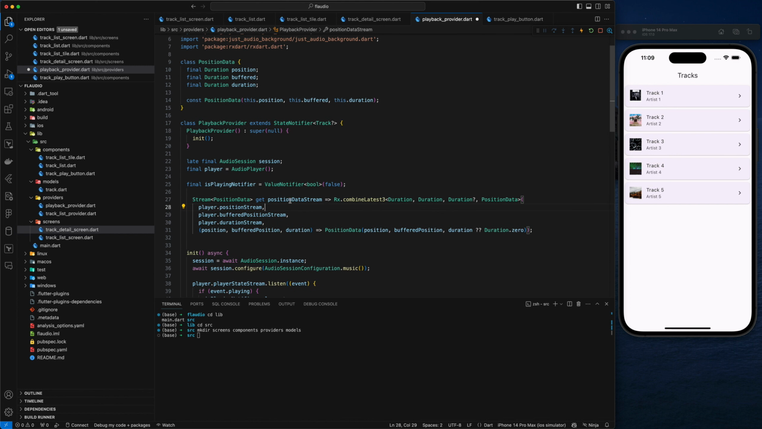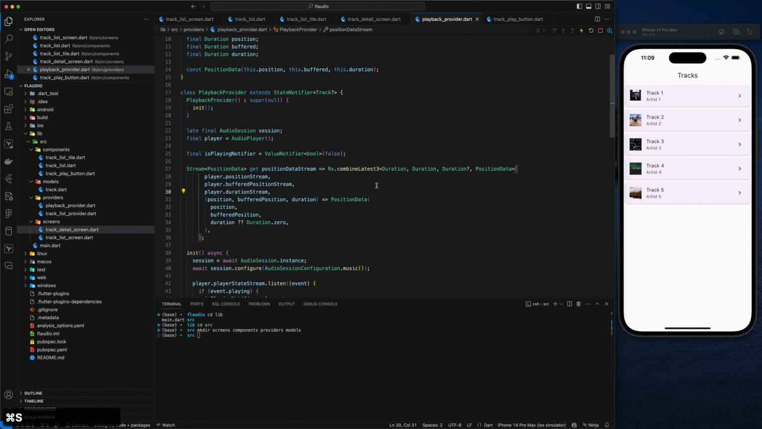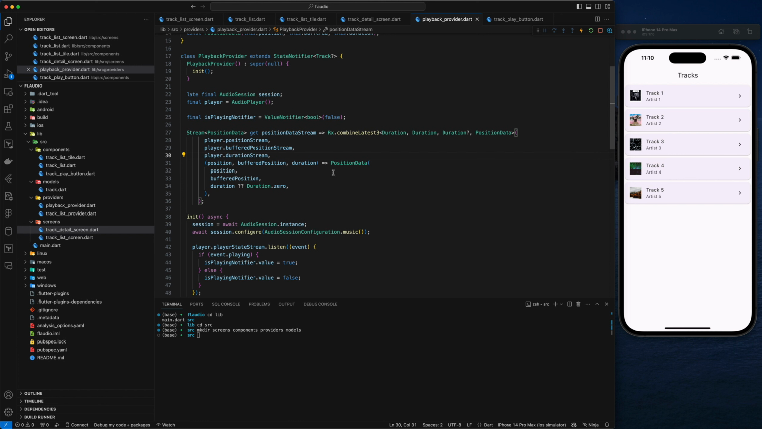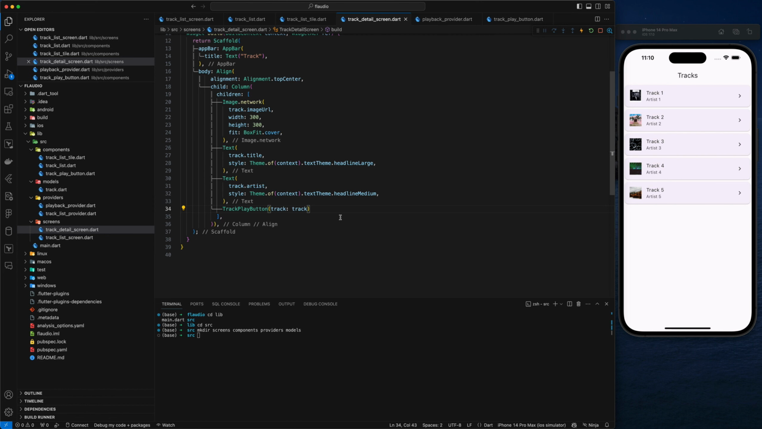So we've created this stream called positionDataStream, and it's basically a stream that's going to be watching our player's position stream, our buffered and whatever, and set that right here. I can probably add a comma here to make it a little prettier. Let's see. Doesn't look that much better, but yeah, this is just a way that we can essentially be watching stuff. And just to see what this could look like,